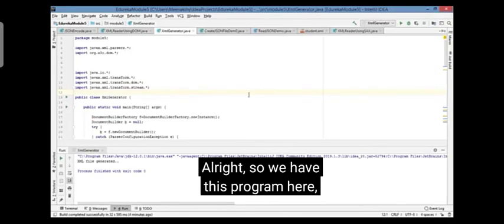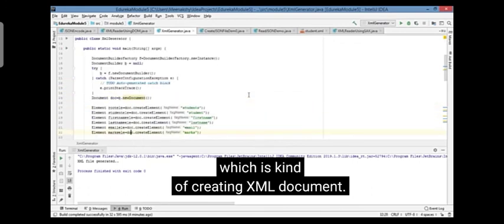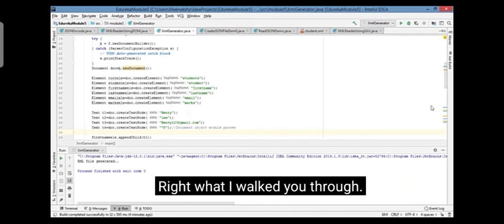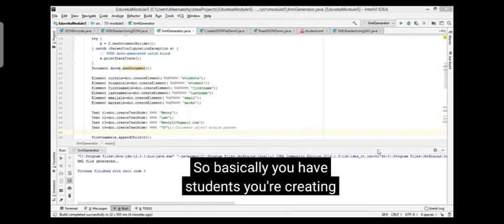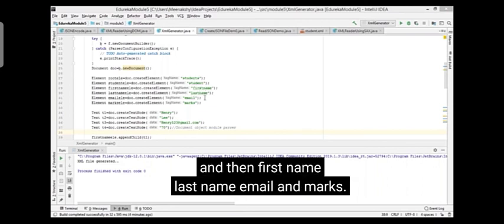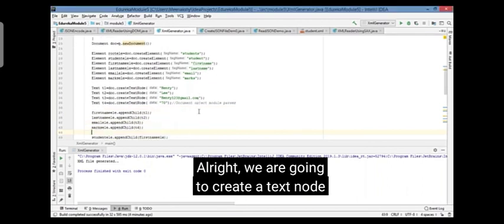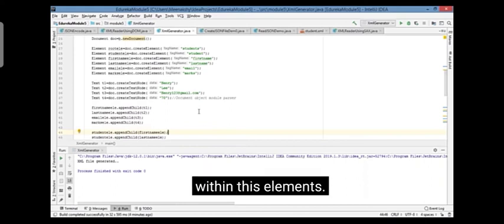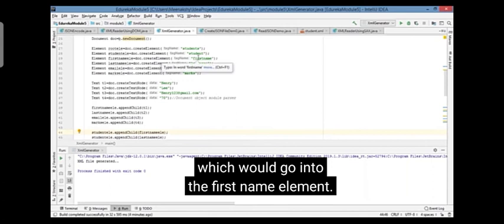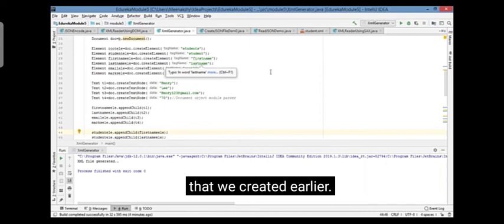All right, so we have this program here, which is creating an XML document. This is the same as what we spoke about in the slide, what I walked you through. So basically you are creating the students element. Within the students element, you are going to have student and then first name, last name, email, and marks. We are going to create a text node within these elements. So this is your first name, which would go into the first name element. This is the last name, which would go into the last name element that we created earlier. Then we have